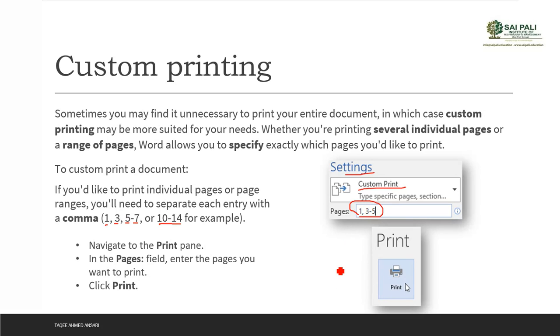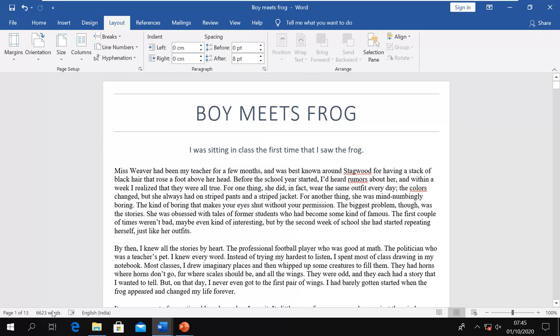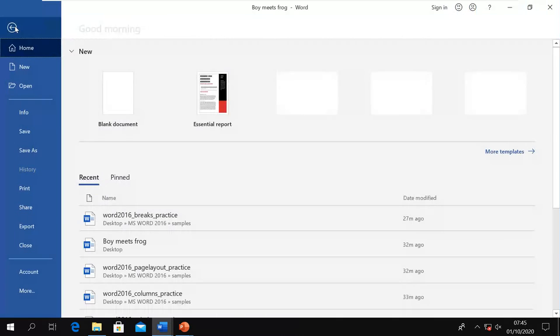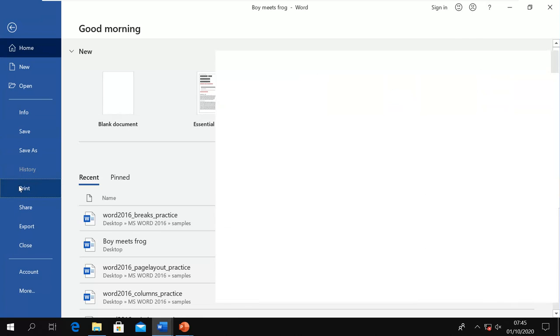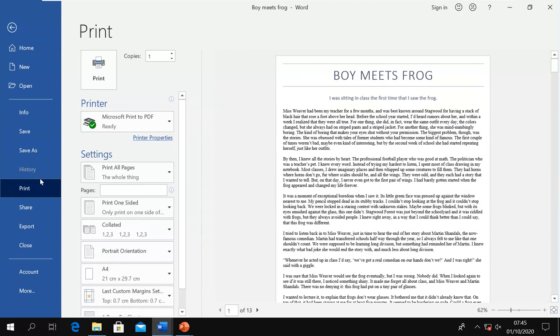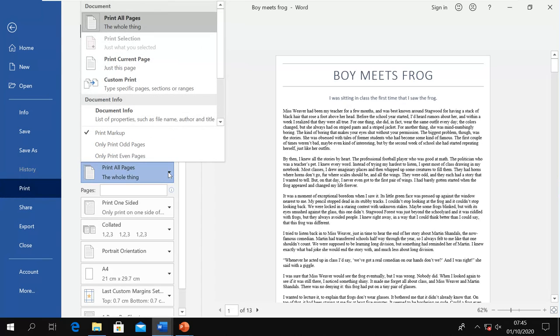Print those particular pages. So in my case, I have 13 pages, but I don't want to print all the pages. So I'll go here in the print pane. Now by default it selected what? Print all pages, and that is why last time it printed the whole 13 pages. Now I don't want to print the whole document, so I have other options. I can go for current page, that is the selected page which you see here, and it will only print that page. Or you can select custom.